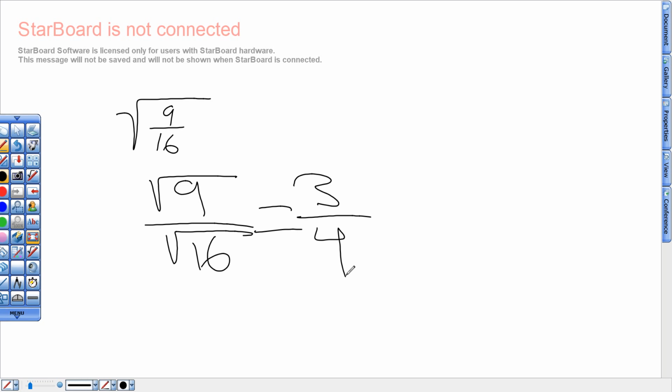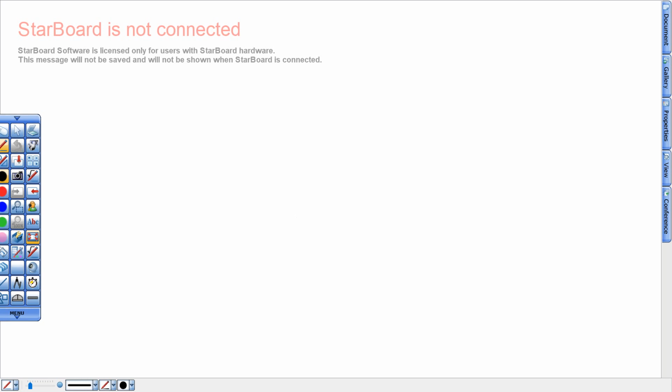Yep, and like I said, whenever you're in doubt of the perfect root, start with 1. 1 times 1, 1. 2 times 2, 4. 3 times 3, 9. 4 times 4, 16. 5 times 5, 25. 6 times 6, 36. If I gave you a 1 like this one, I'm going to have you simplify the fraction, but the top number,